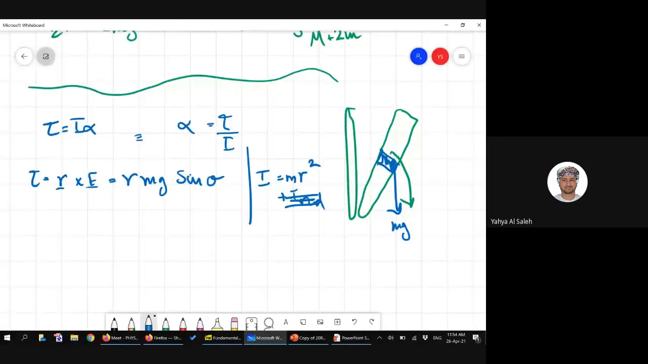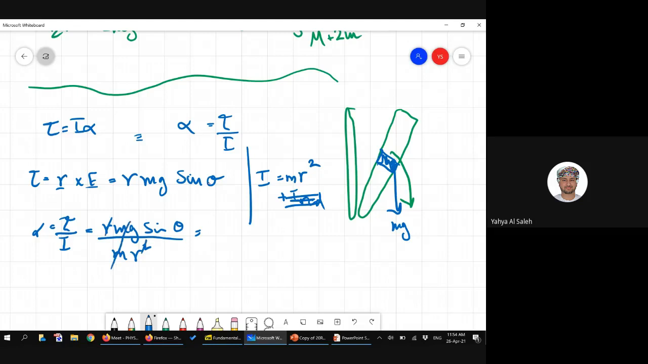Alpha equals torque over I, which is equal to R mg sine theta divided by mr squared. R goes with one R, the m goes with m. We end up with g sine theta, which is a constant, over R. So it means it's proportional to 1 over R, which tells me that as R increases, so the further away